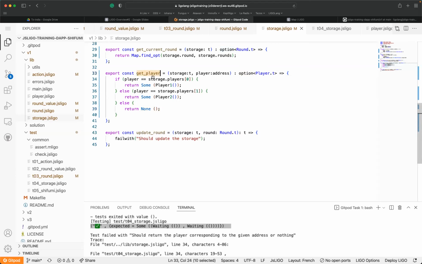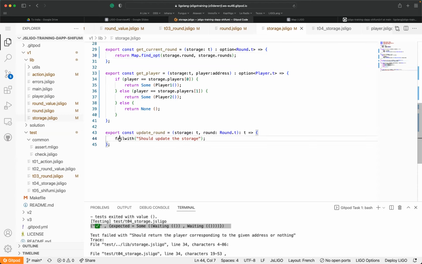Okay, you would like to retrieve the player from a given storage with a given address. But if this address is not the one which has been referred for the player 1 and player 2, I cannot retrieve it. It's not a script, it's normal. Like the map, when you try to do some find option, or you're trying to access something in a data structure, but maybe the value does not exist. There are no corresponding value. So in order to reflect it, we send an option.